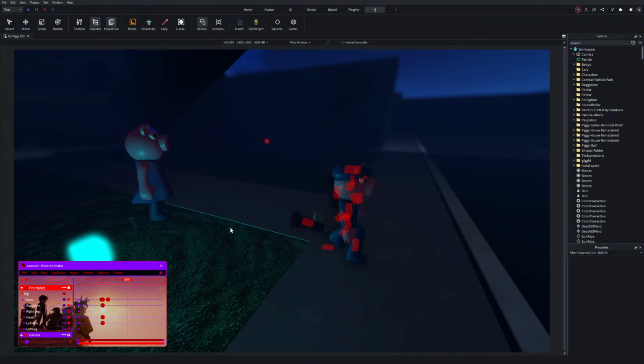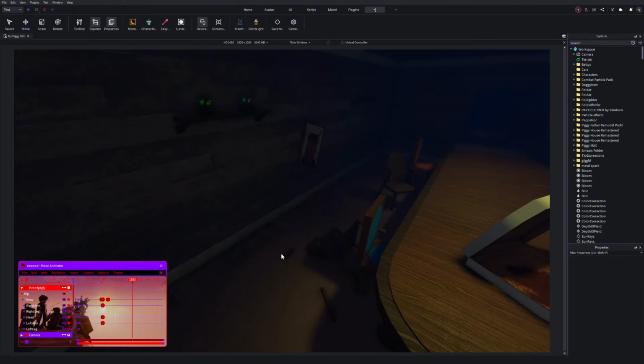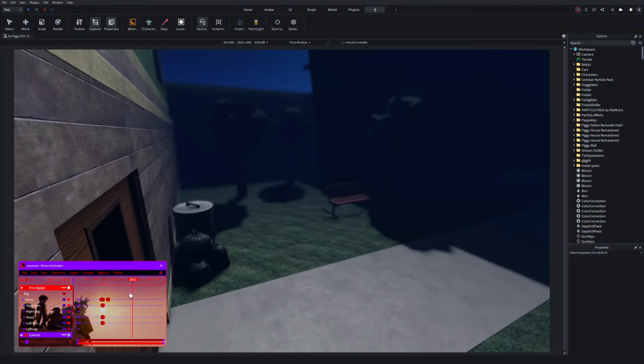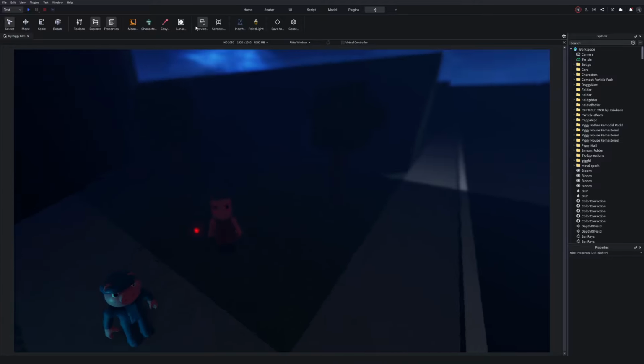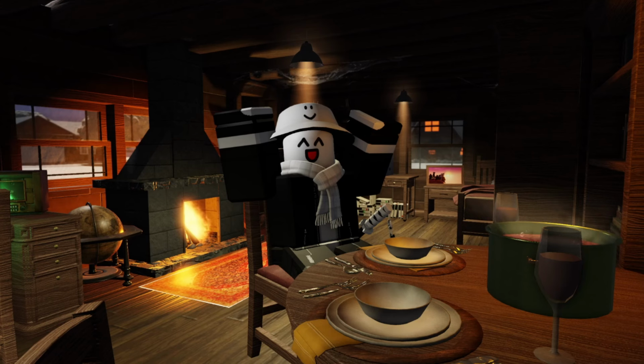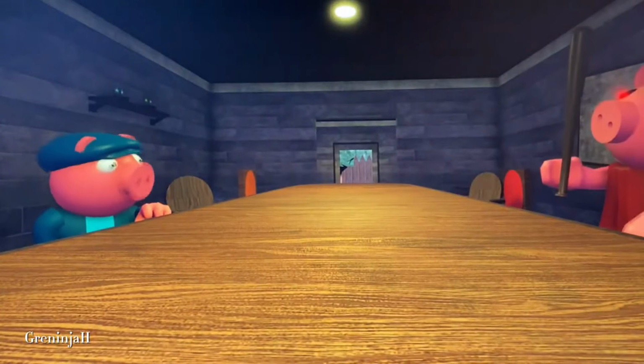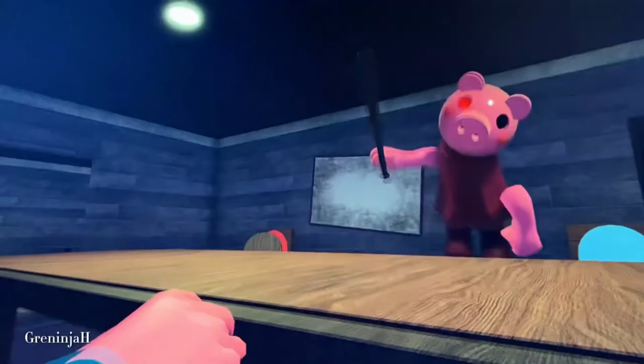Then we got this. He would jump over the table and then run away. Here, jump over the table, run this way. Saying that, jump over the table, run away. But that's extremely interesting. And that's it. That's how I made my Piggy film, and then I just never opened it in studio again. That was it. I was done.